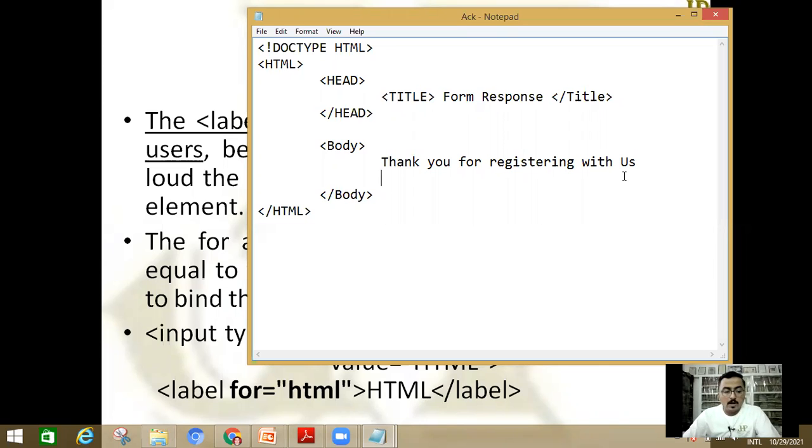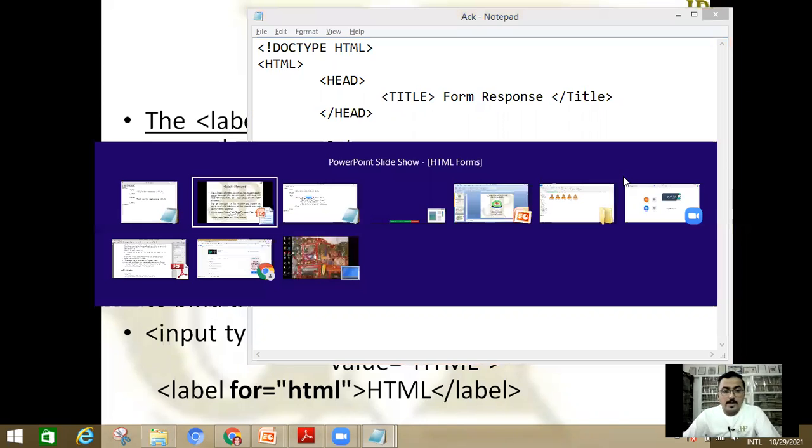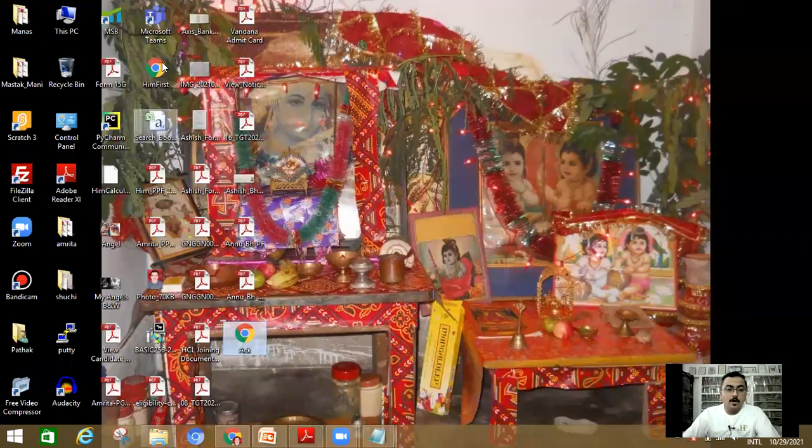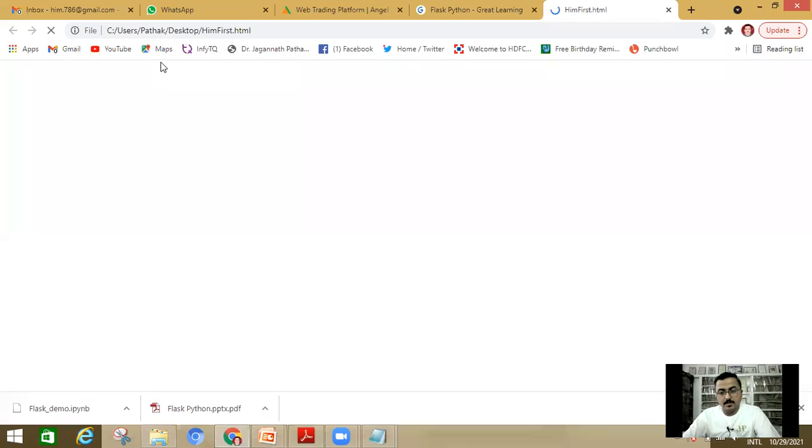So now I'm going to run my program by just double clicking on himfirst.html. So here you can see that himfirst.html file will be open. That will ask for two values, your name and then your mail ID.